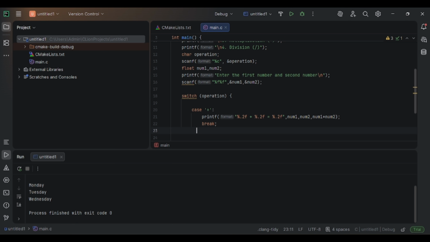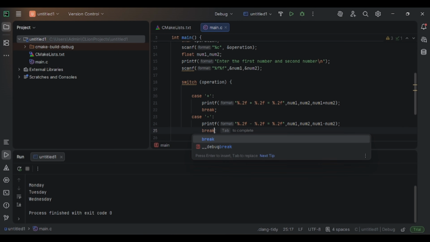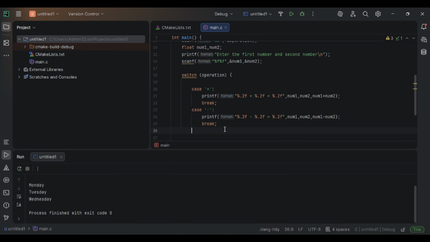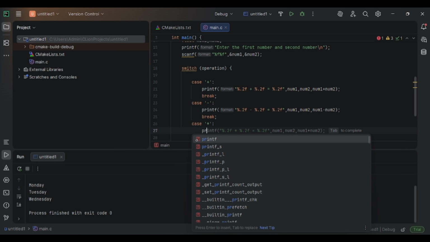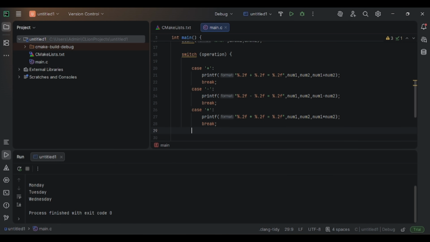After that, case minus, we have to print subtraction, after that break. Okay, this is number 1, this is number 2, and number 1 minus number 2. After that multiplication, so for that star, printf multiplication, after that break. After that, in case division,